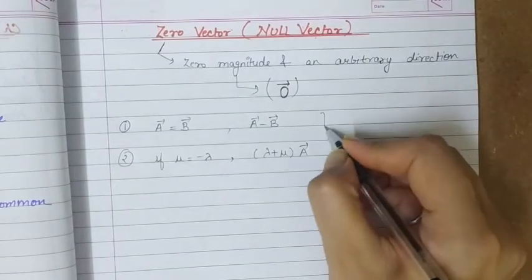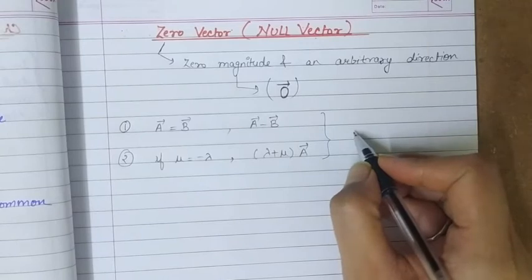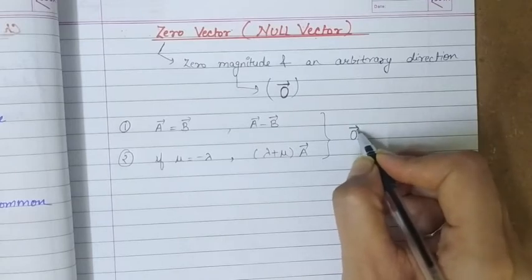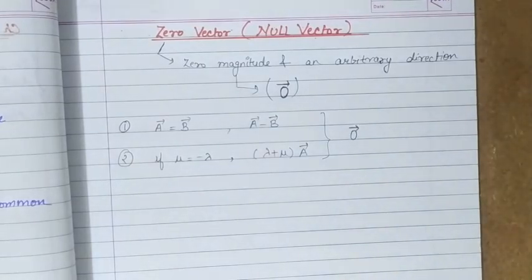So in both situations, there comes a need to write a quantity which has zero magnitude but is a vector. That's why the null vector comes into existence. So zero vector comes into play when such situations arise. In such situations, the answer will be a vanishing vector, that means a vector that has zero magnitude, not a scalar. So this is the need for introducing the concept of zero vector.